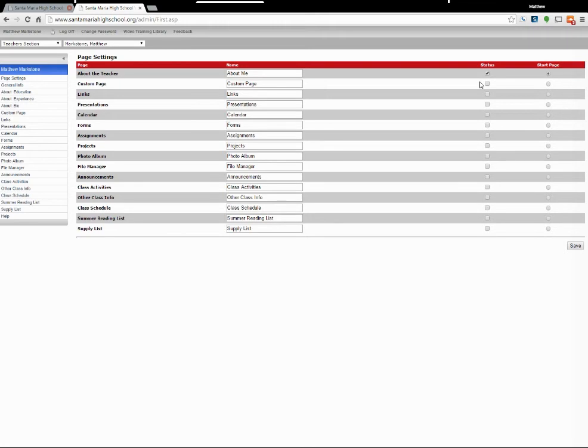The education and the experience and the bio will show up underneath, but you can also select any of these as the start page. It's just up to you. So I actually want the links to be there. I don't want presentations or calendar. I'm not going to do that because we have Outlook calendar and things like that. And I'm going to leave the rest of these off, but I'm going to change, it says about me,